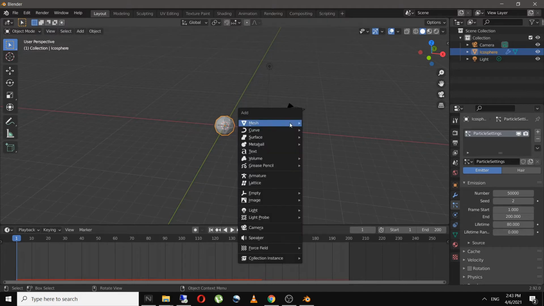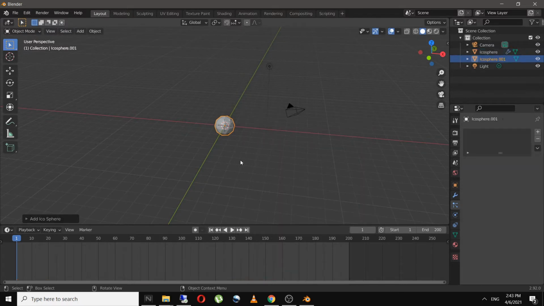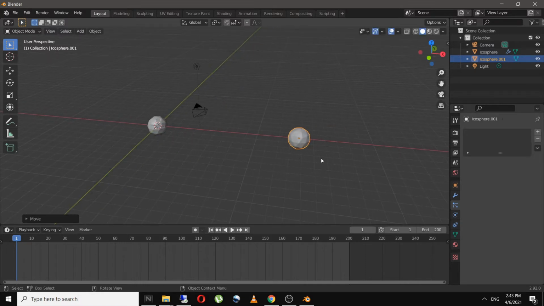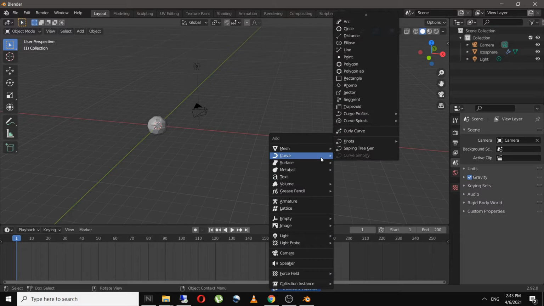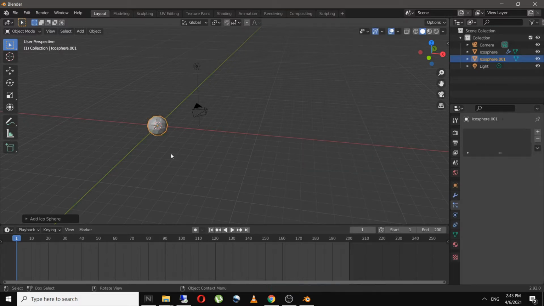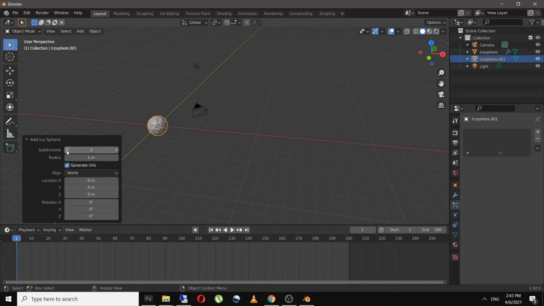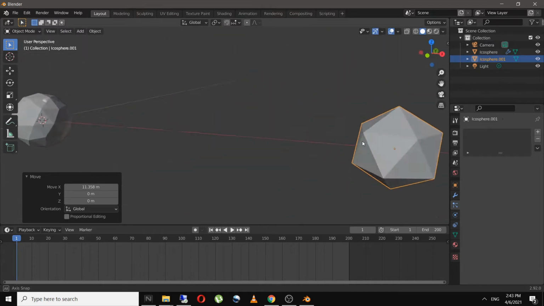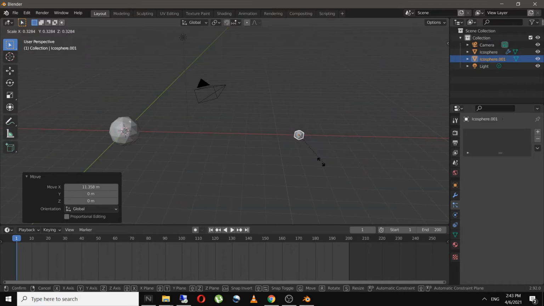And now instead of this round emitter, I want another icosphere to emit from our default icosphere. So for that, I will add in an icosphere and put the subdivision as 1, move it over here. And I will scale this down, put it aside.